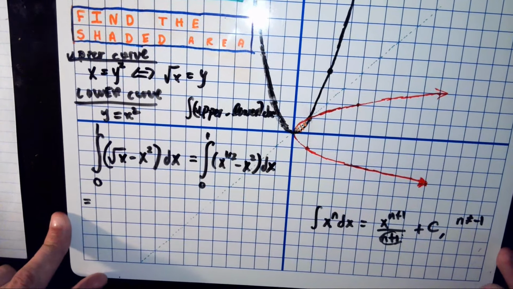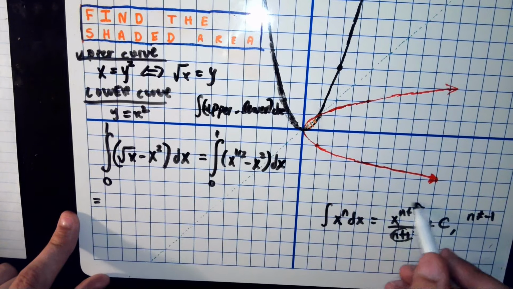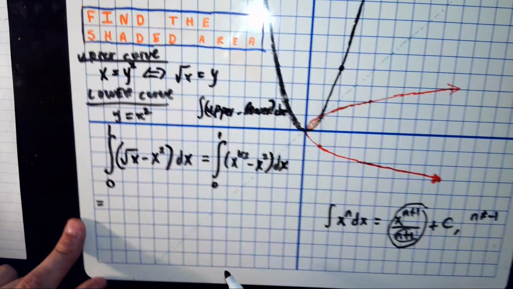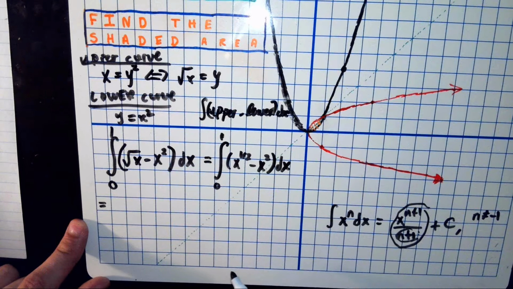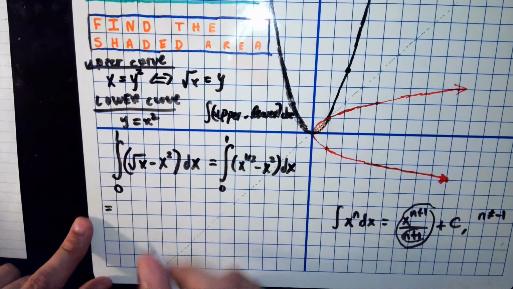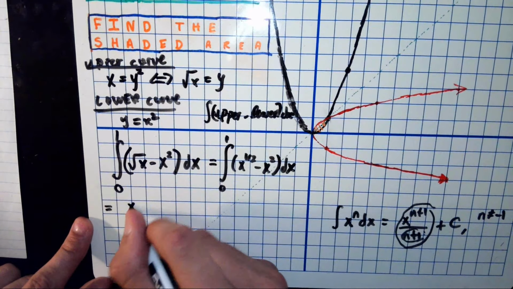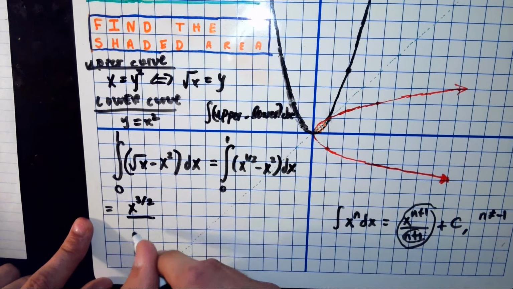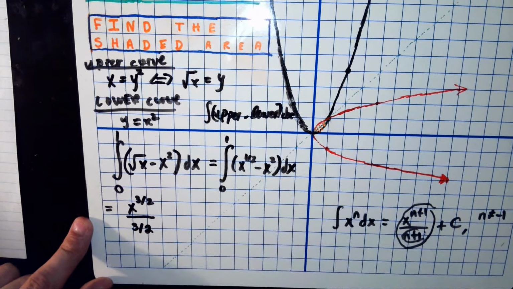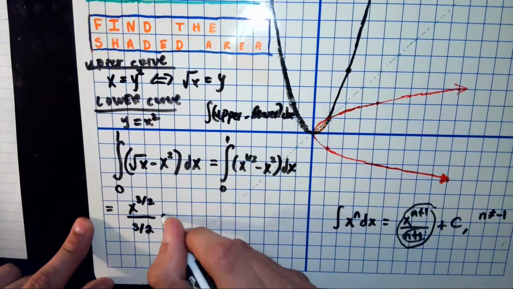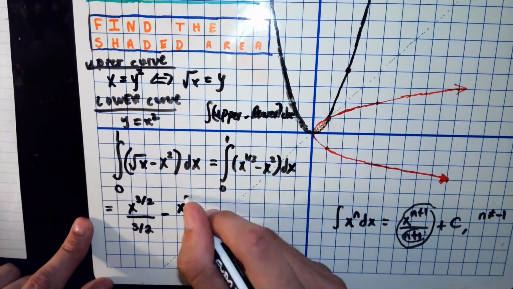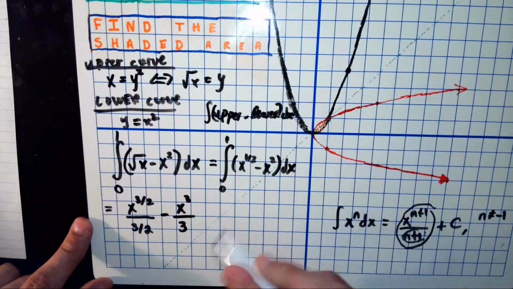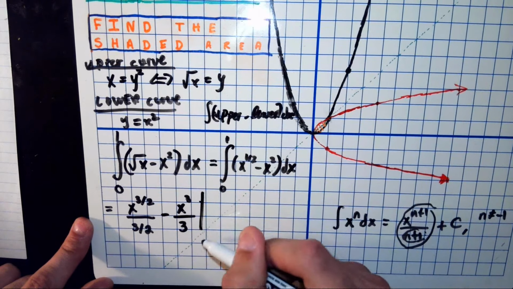So yeah, anyway, this is the formula we'll use here: x to the n plus 1 over n plus 1. So of course that's going to be x to the 1/2 plus 1, so that's x to the 3/2 divided by 3/2, and then minus x to the 3rd over 3, and then we're going to integrate this from